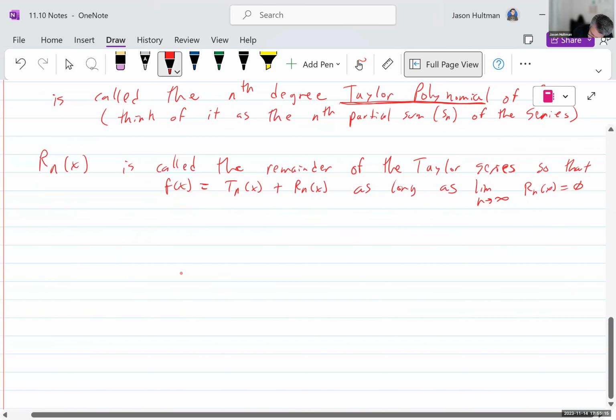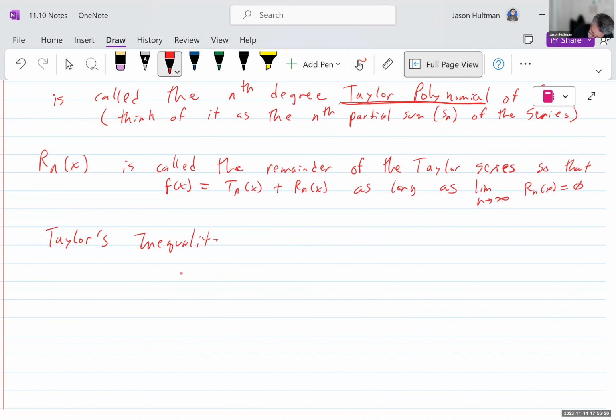Okay, Taylor's inequality is as such. If the absolute value of the n plus 1th derivative of f of x is less than or equal to M for the absolute value of x minus a less than or equal to some d, okay, and then